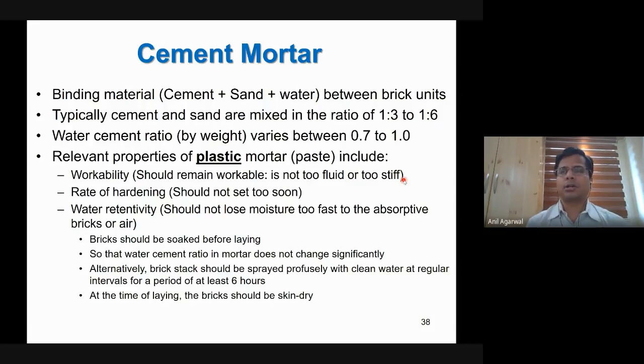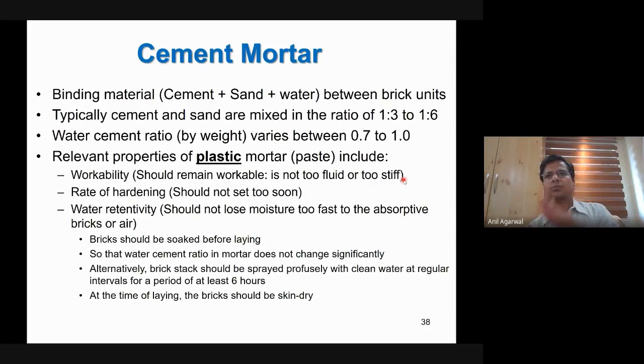The other very important characteristic of a mortar is that it should be able to retain water. So what retains water? Sand does not retain water, right? Sand is not pervious. It is the cement, because cement has this characteristic of binding with water. So the cement should have the chemical characteristics so that it is able to retain water. If it repels water, or if it easily gives away water, then what happens